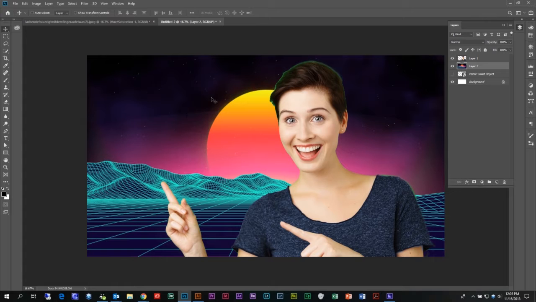As you can tell, you can see a lot of pixelation here, a little bit of weirdness going on around the edges. But I've used the smart object